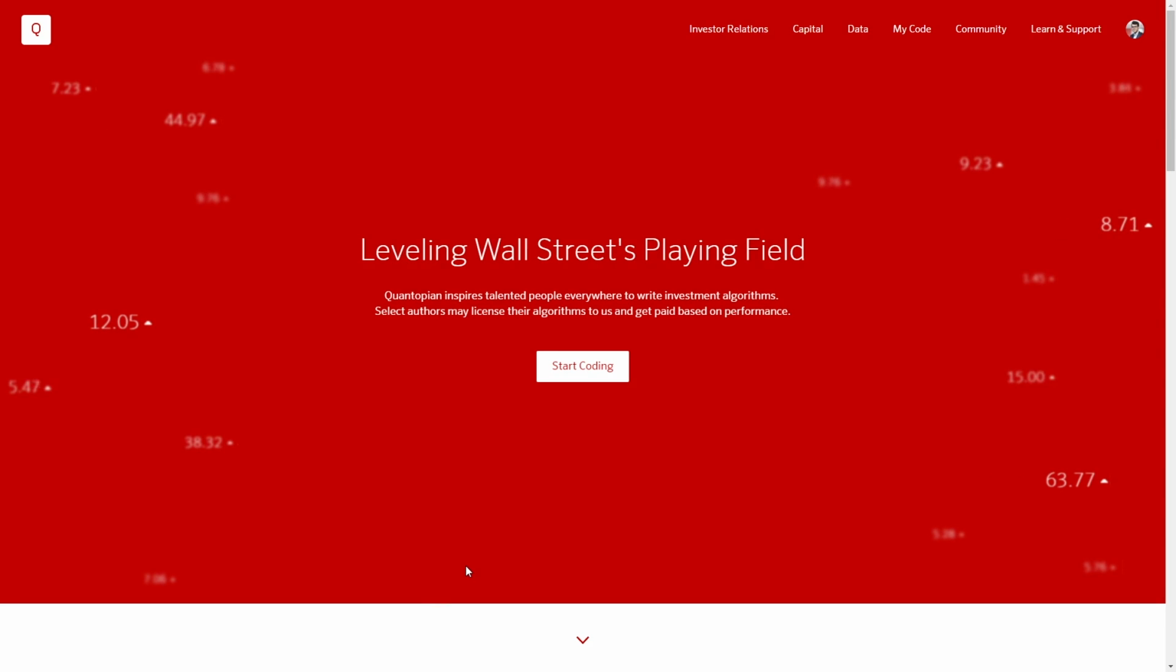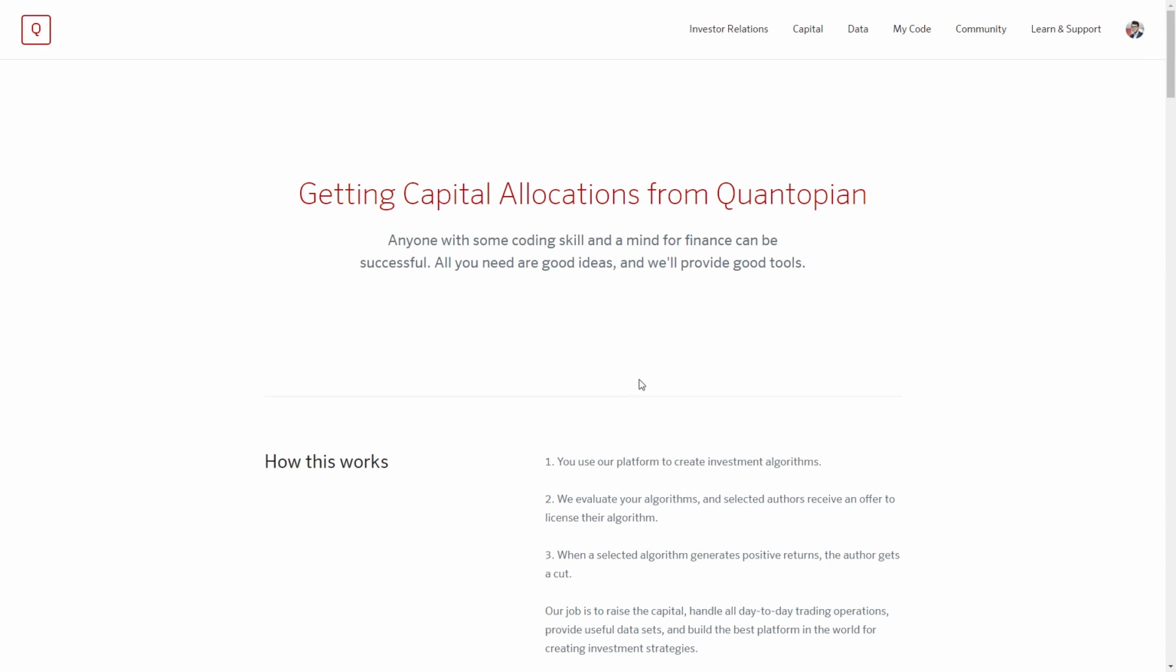Quantopian is a crowdsourced investment firm. Our goal is to democratize quantitative finance and level Wall Street's playing field, and do that by providing lots of free tools and data of the same quality that you would get if you were working as a professional on Wall Street. Our business model is to provide capital allocations to the best algorithms that have been developed on the